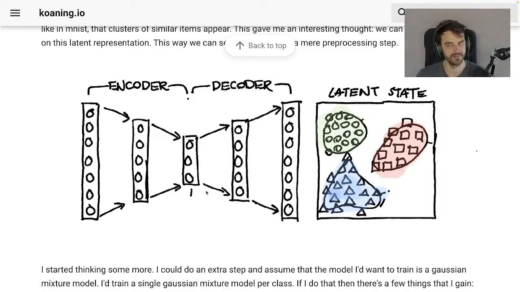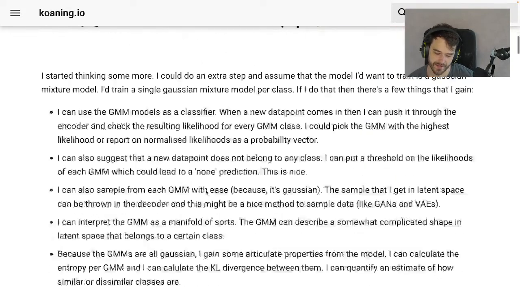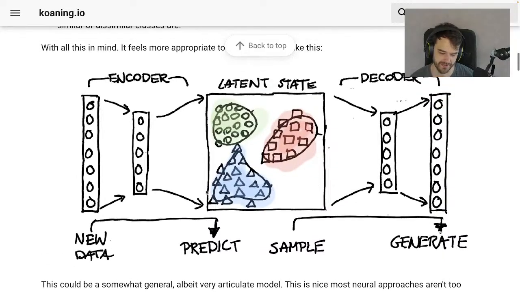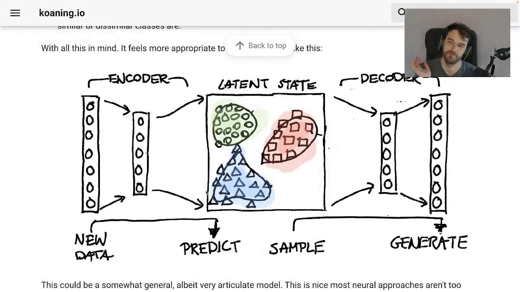Maybe we can do some fun stuff. If data comes in and you've got your Gaussian mixture model on that latent state, you can make predictions, like you could use that just for classification.